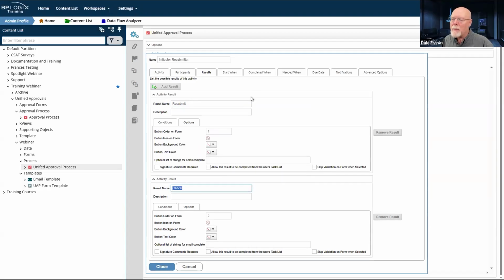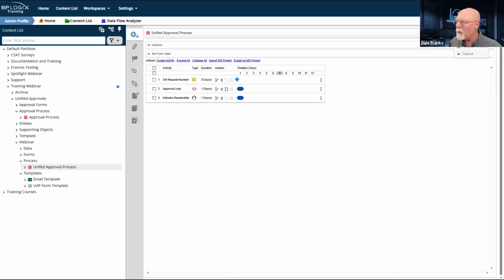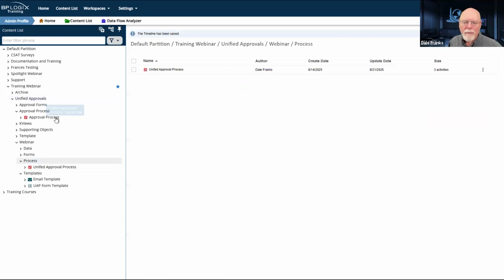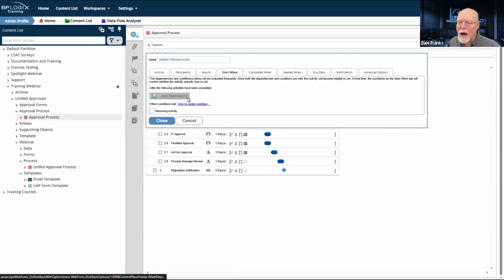And I am going to need a start when condition. I'm going to want to start it whenever any of the activity results are. There's a couple of different ways to do this. I think I did it in a more elegant way on the approval process over here, and I want to copy what I did there because I want this thing to work as much out of the box as possible.